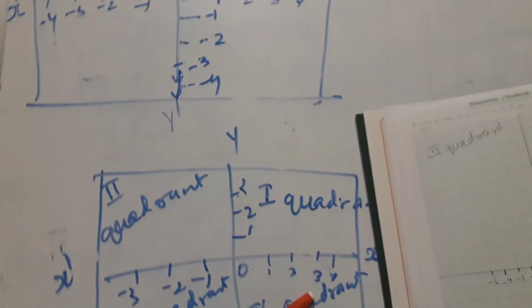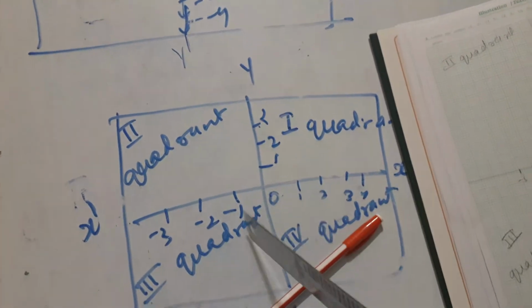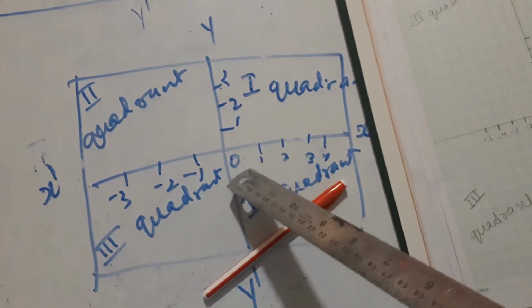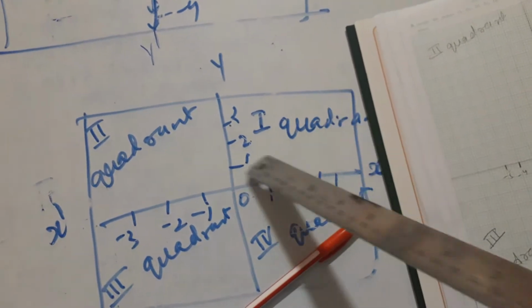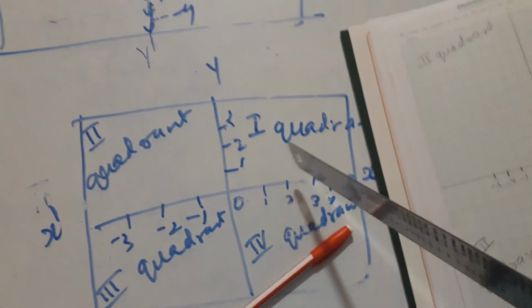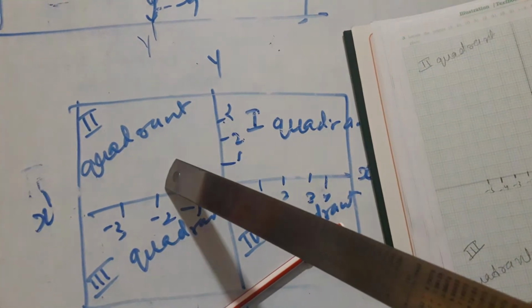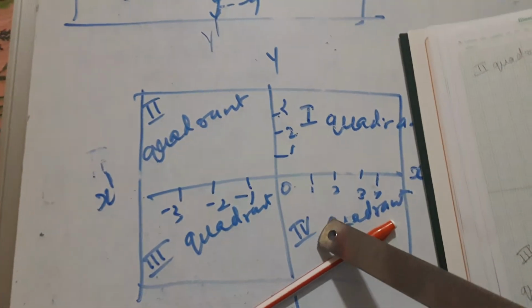Now this plane is divided by both the axes. They divide the coordinate plane into 4 quadrants. We have to start from the right side and above the x-axis. This is the first quadrant, this is the second quadrant, this is the third quadrant and the fourth quadrant. Got it? I will explain the same on the graph paper.